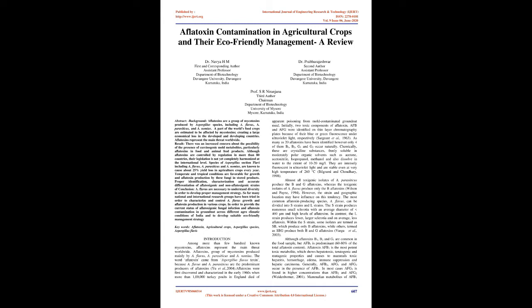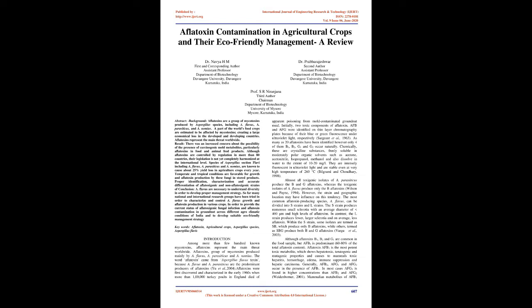Introduction. Among more than a few hundred known mycotoxins, aflatoxins represent the main threat worldwide. Aflatoxins, a group of mycotoxins, are produced mainly by A. flavus, A. parasiticus and A. nomius. The word aflatoxin came from Aspergillus flavus toxin, because A. flavus and A. parasiticus are the predominant producers of aflatoxins. Aflatoxins were first discovered and characterized in the early 1960s when more than